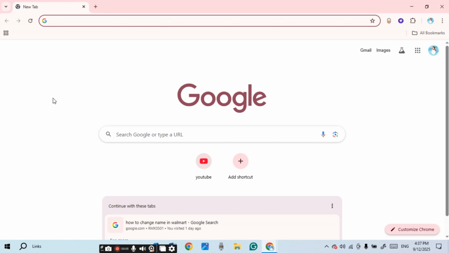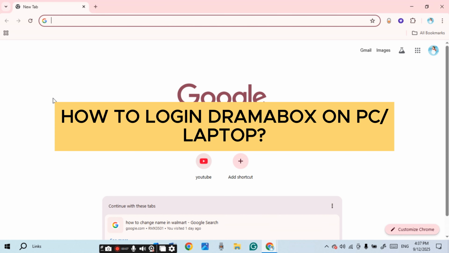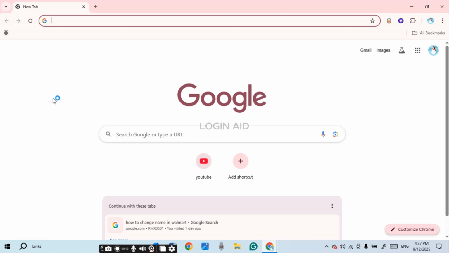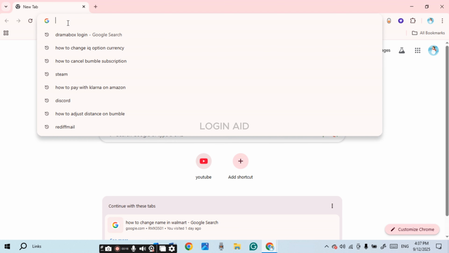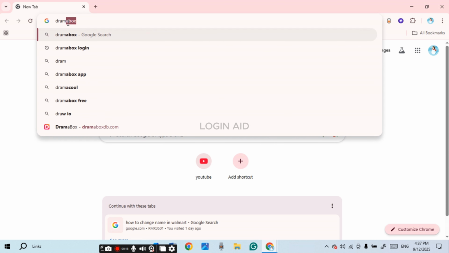In today's video, I'll teach you how to log in DramaBox on PC or laptop. So first of all, what you have to do is launch any browser of your choice. You can see over here, I've opened Google Chrome. Now click on the search bar. Now what you have to do is type in